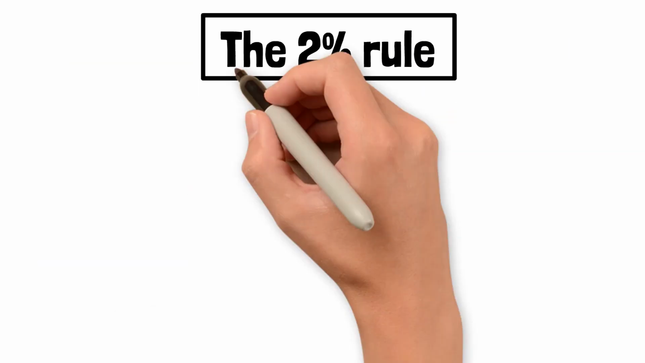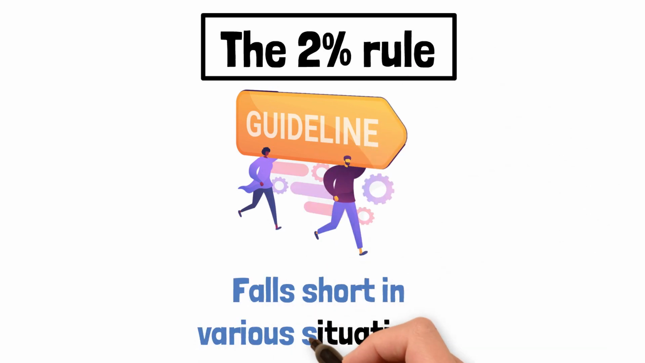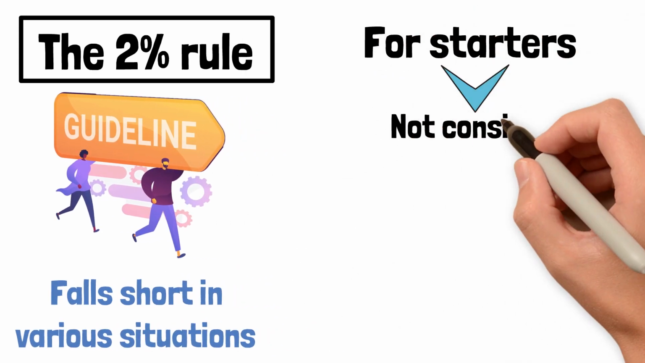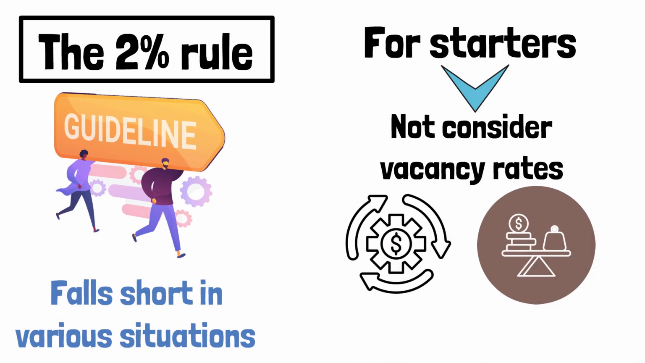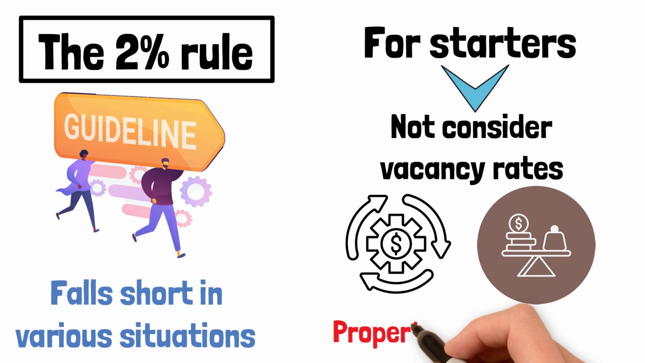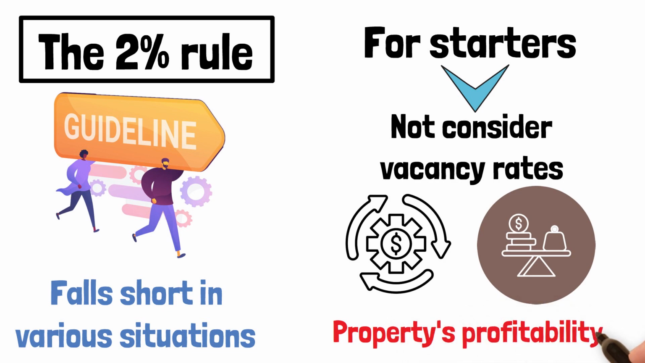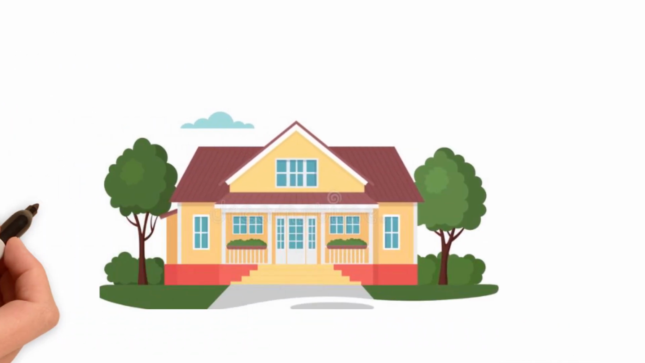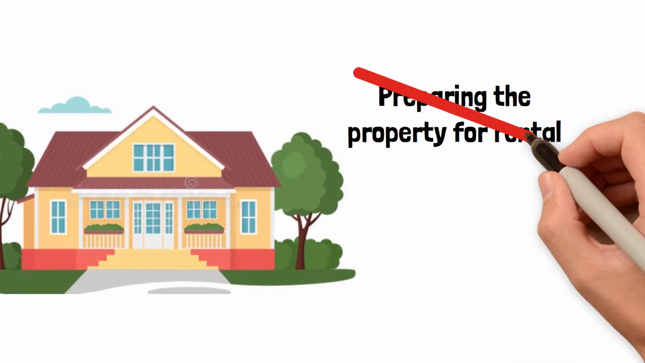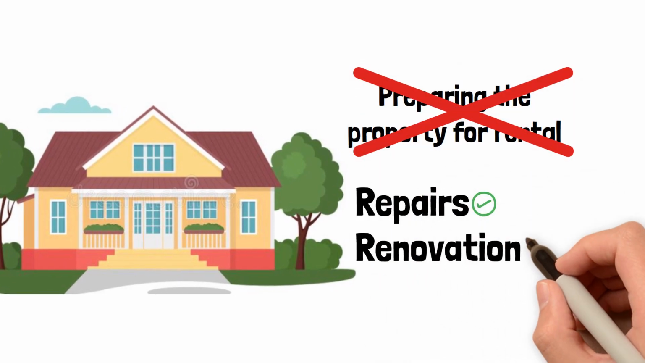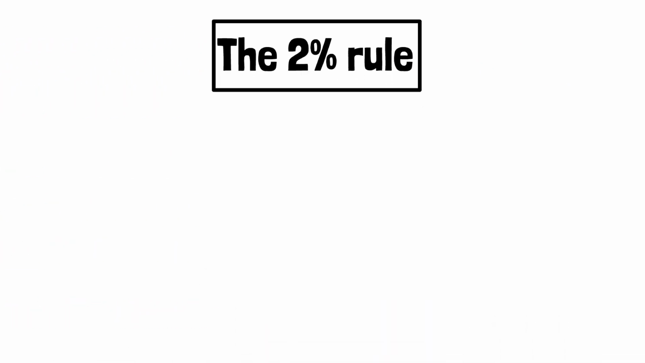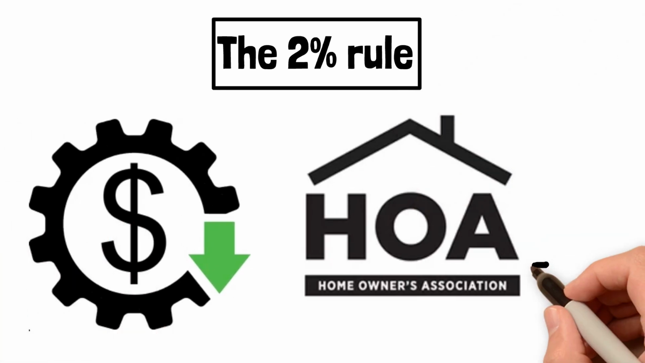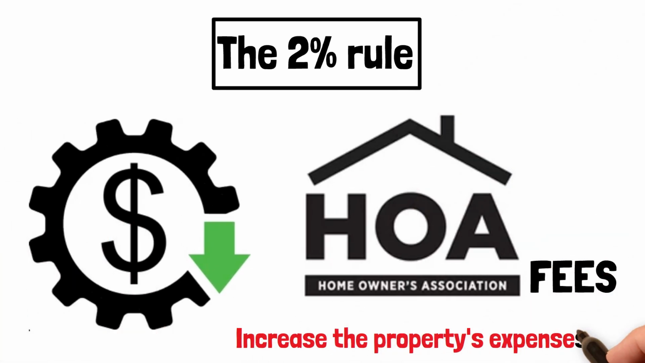The 2% rule is a basic guideline and falls short in various situations. For starters, the 2% rule does not consider vacancy rates. As has already been told, it excludes operating expenses and debt service, which can significantly impact a property's profitability. Also, the 2% rule does not account for costs of preparing the property for rental. This can involve repairs, renovations, and enhancements to the property that must be completed before it can be rented. Not just that, the 2% rule also excludes continuing maintenance costs and homeowners association fees, which can increase the property's